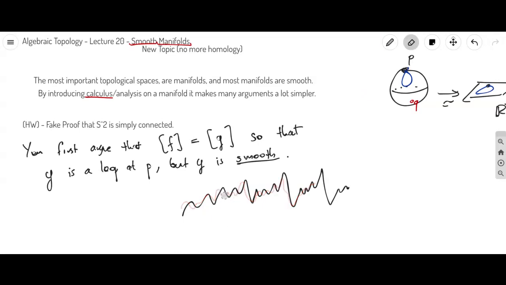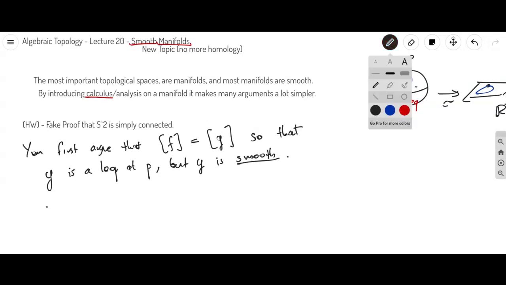And because these functions are very close to each other, it makes sense that you can get arbitrarily close and make it smooth. So that's what I mean. That's closer to an analysis argument than a topological argument. But the point is, you can just assume in the proof that the path happens to be smooth. And once you assume that the path is smooth, then you can show